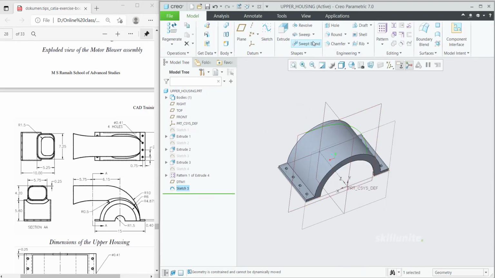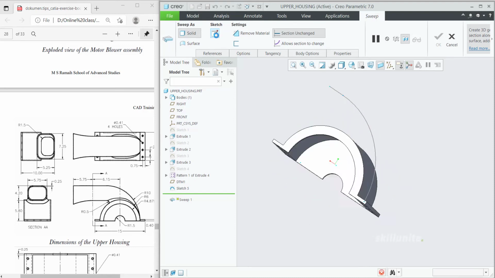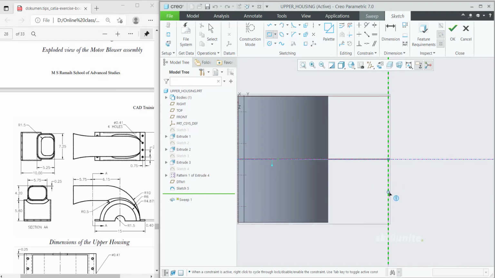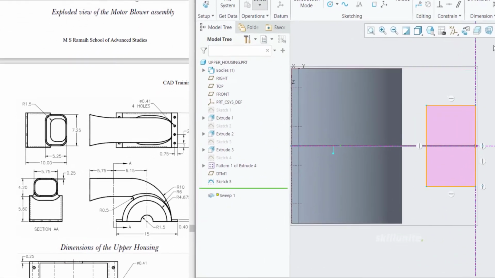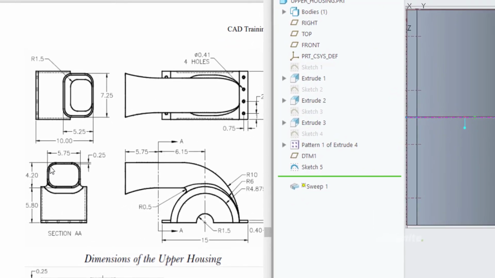Now go to sweep option. Then click on this arrow so that we can create our cross section over here. Then click on sketch option. You can see it is not a center rectangle type, so like a normal corner rectangle only we need to make it, but it should be symmetric. Automatically I think it is taking midpoint constraint, so it is coming symmetric only. Mention the distances first, or before that mention the fillet. You can see fillets are here, everywhere. That radius is 1.5.